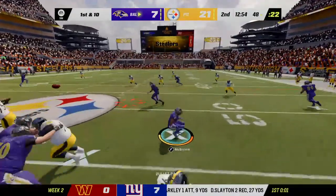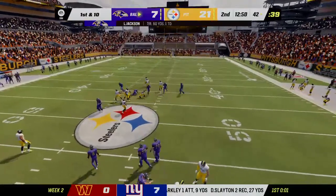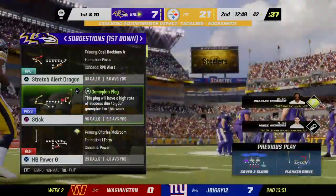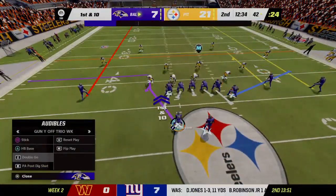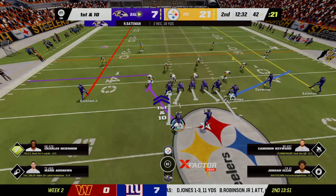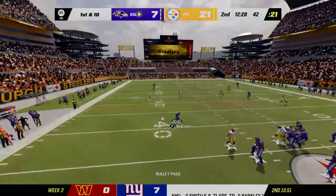Now it's Jackson, looking for Bateman. He's got him, complete. And they'll get this down to the 42-yard line. Well, these guys have definitely been outplayed in the first half, but I like their countenance. I like the way that they haven't panicked out there, the way they're carrying themselves. They're starting to move the ball, and what you have to...